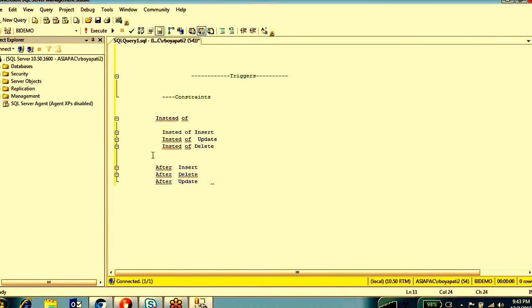Okay, so these are all the trigger types. These many triggers you can create.